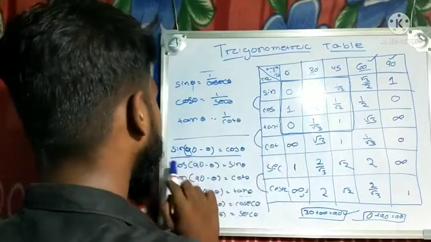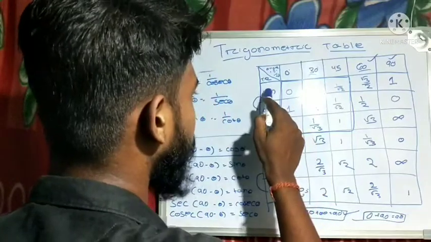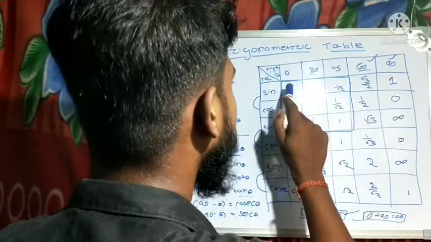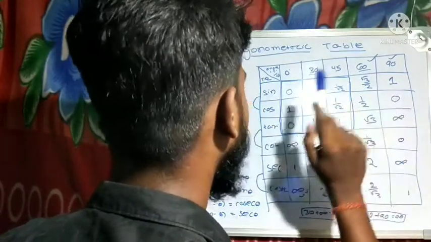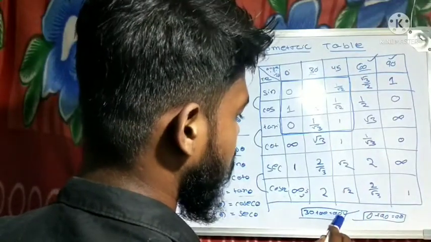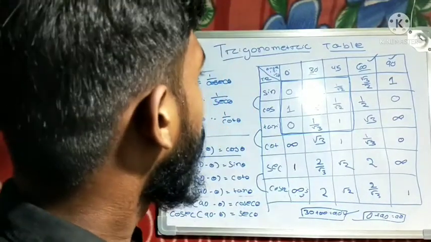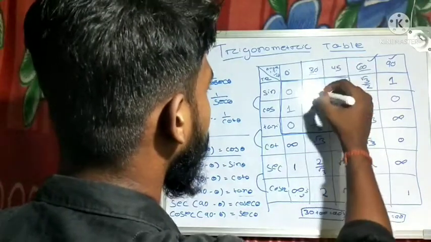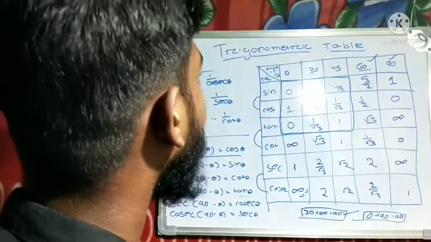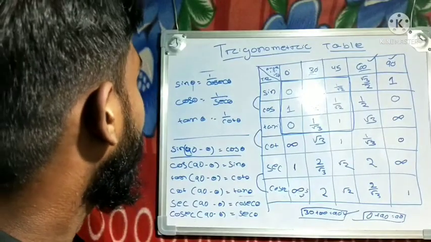After finding these 6, you have to remember this formula. Nothing to remember in this formula, but you have to easily remember that. You have to just remind it. Sine and cos are two brothers, tan and cot are two brothers, sec and cosec are two brothers. In that way. So sine 0 is equal to cos 90. Cos 0 is equal to sine 90. How? Because only remember 30 plus 60, the addition should be 90. This is the short trick. So you have to remember this one in 2 minutes. After 2 to 5 minutes of remembering these, you can easily form the trigonometry table, which is hard work for children.